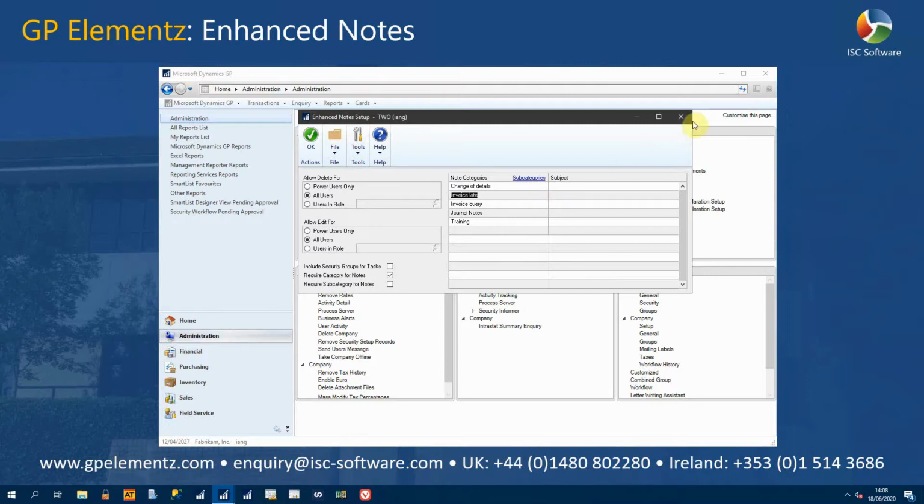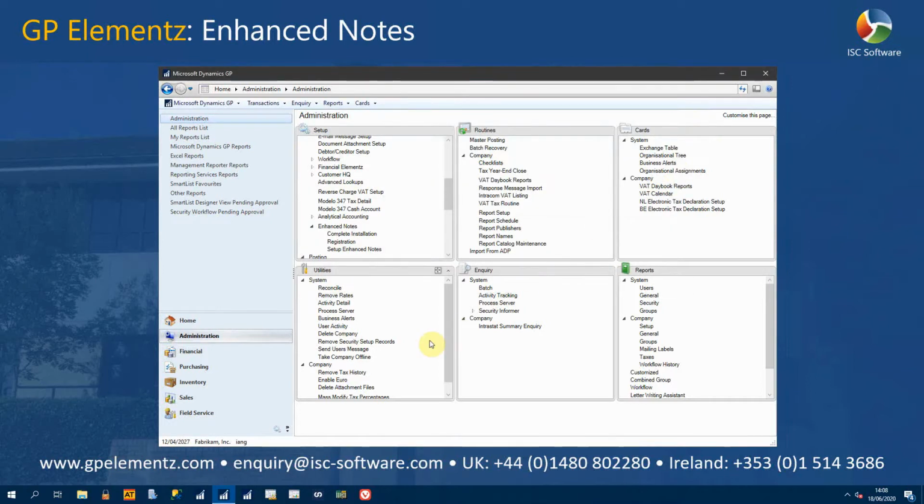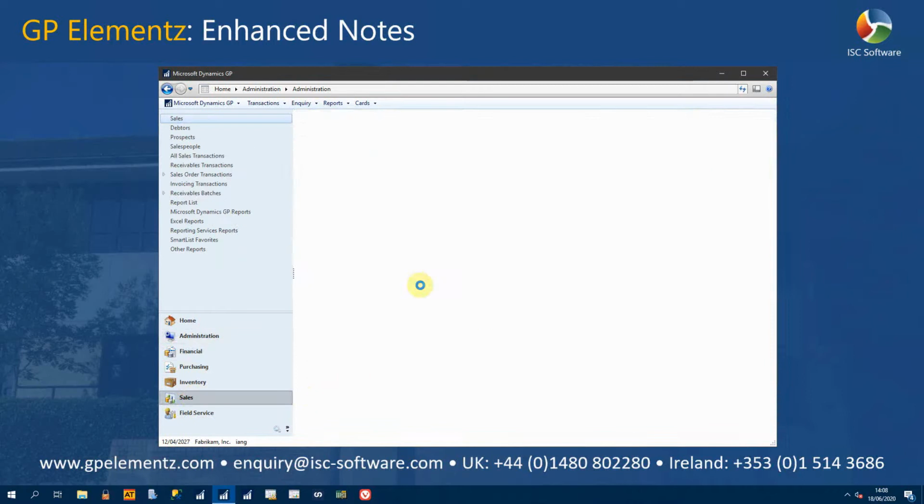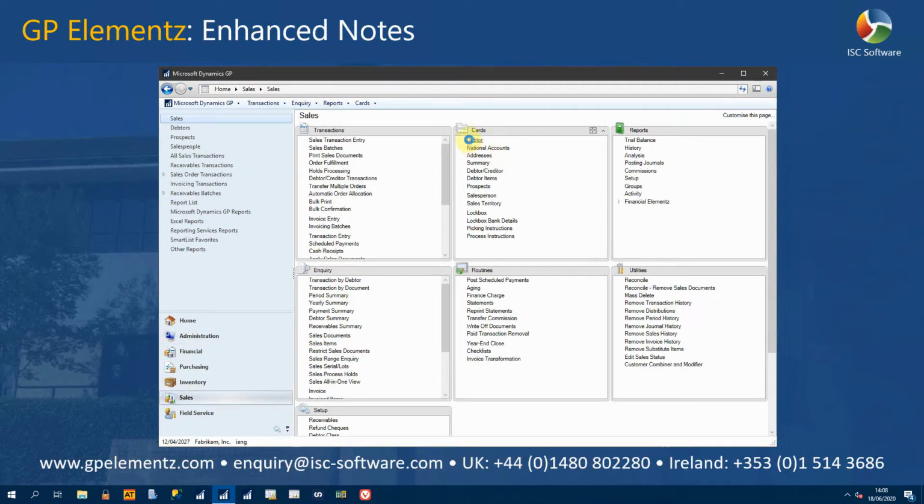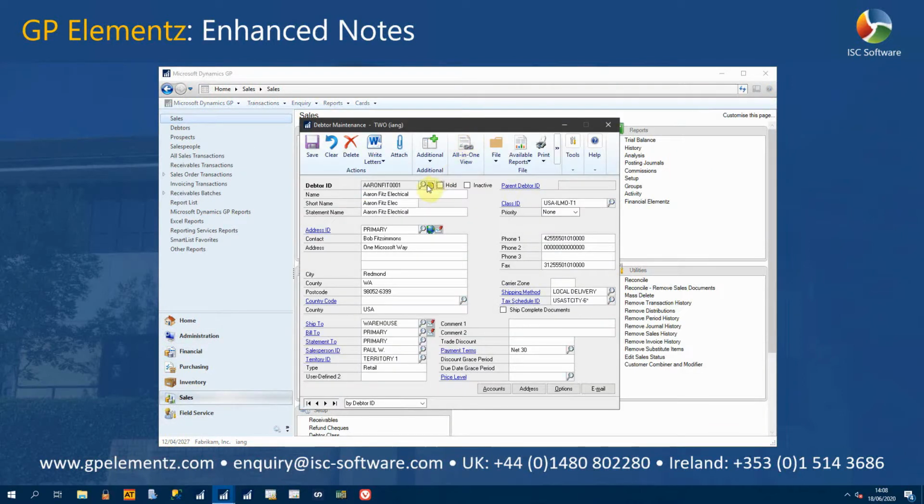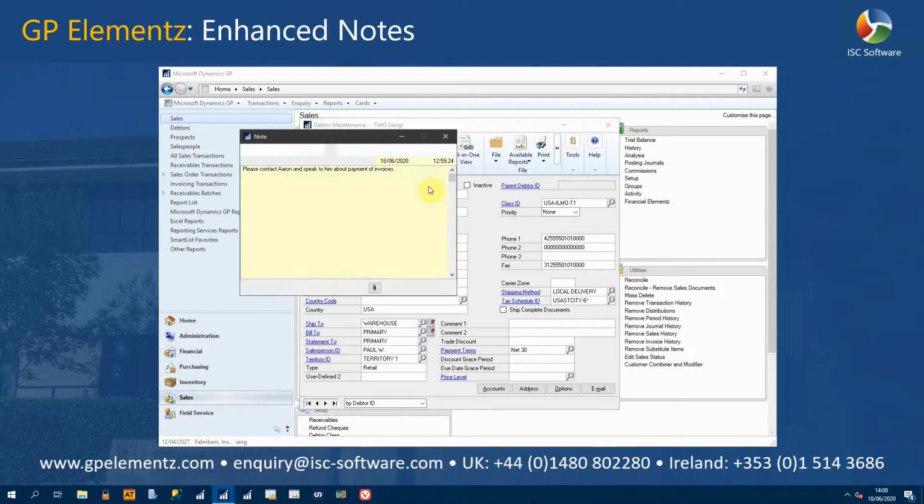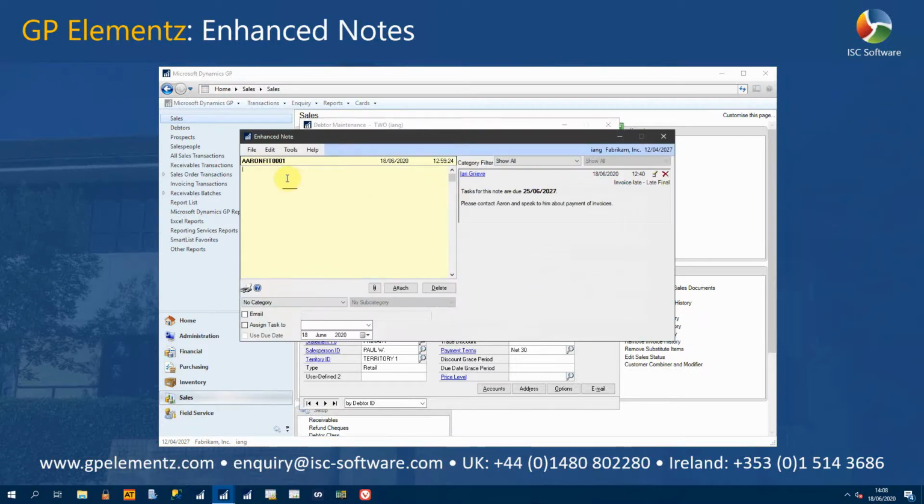To use categories and subcategories, what we would do, for example, is go to Sales, open up a debtor card, and then in the notes, we can type in a new note here. So what I might be wanting to enter here is just a quick note. And then what I would do in the category drop down here is change that to say, I want a